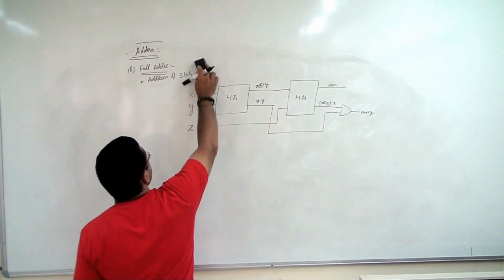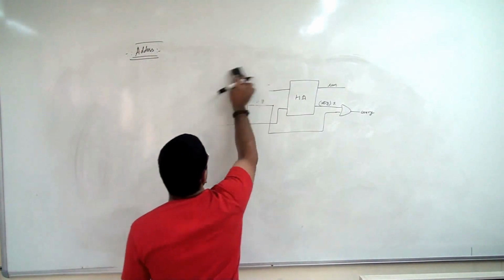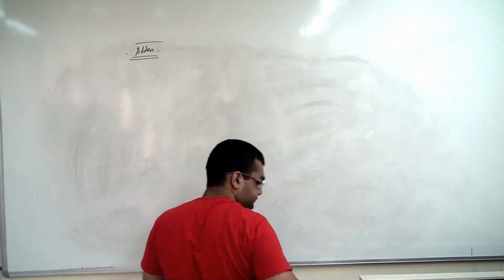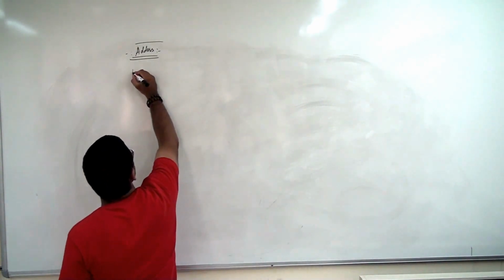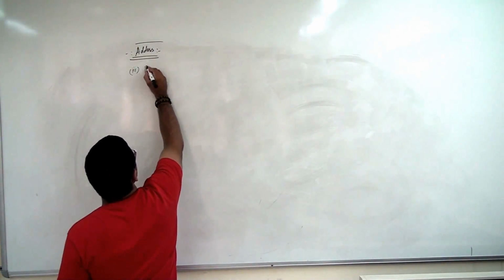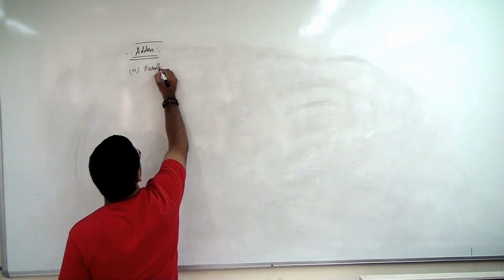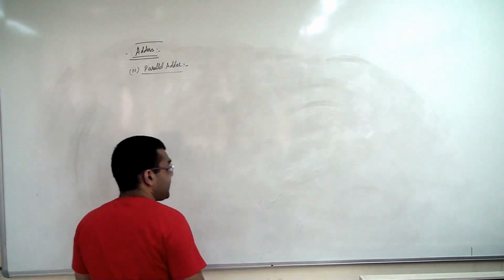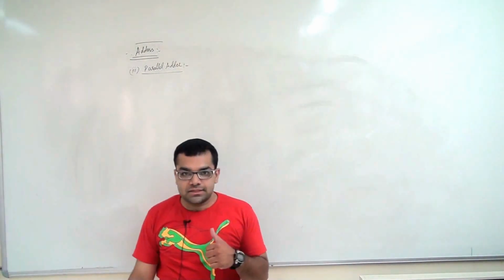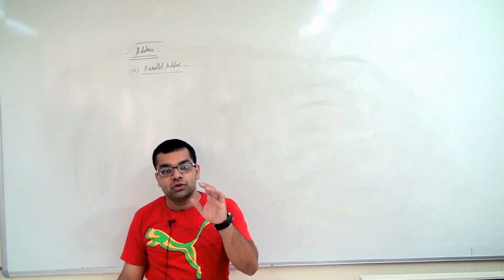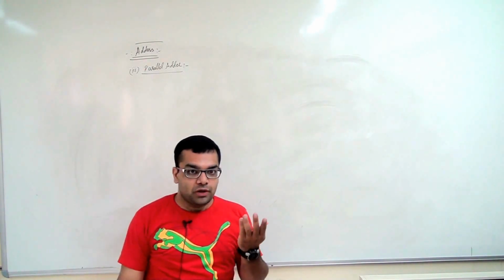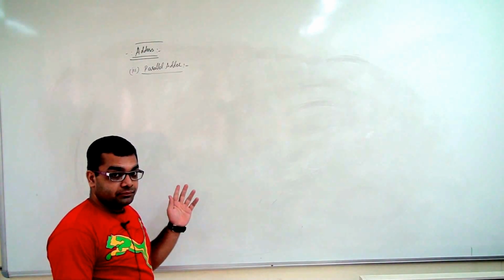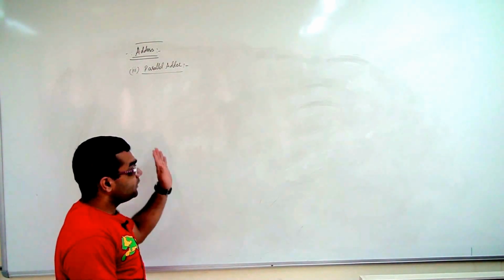So moving on further, we talk about the third circuit, that is called the parallel adder. Now what is a parallel adder? As the name suggests, parallel adder means we have two n-bit numbers and we have to add them. So the output has to be a combination of bit by bit addition.